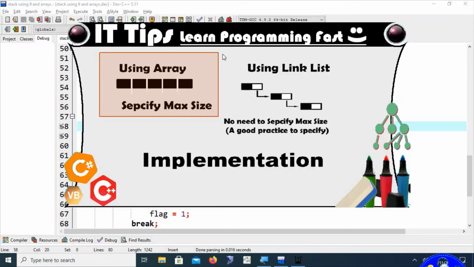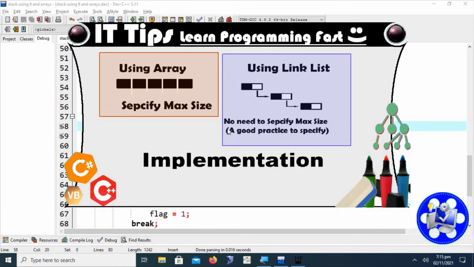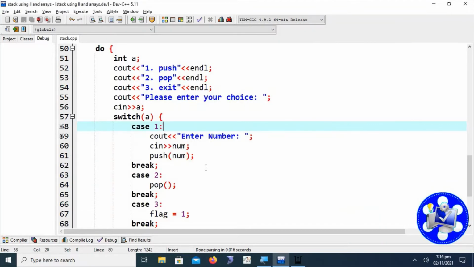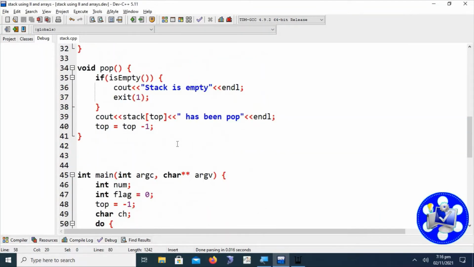When we use a linked list for the implementation of stack, then it is not mandatory to specify the maximum size or limit of the stack, but it is good practice to specify the maximum limit. These are the implementations of stack using a linked list as well as an array. Next, we will discuss how to implement stack with the help of a linked list.